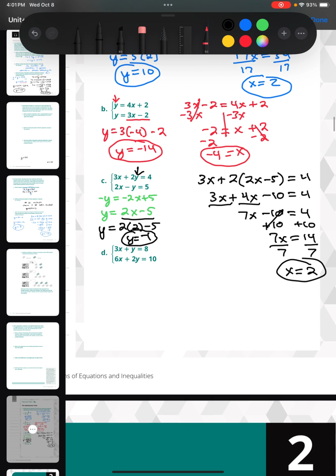And then finally, the last one, again, we need to solve one of those equations for y. That first equation is going to be the easier one to solve. If we just subtract 3x over, we get y equals negative 3x plus 8. So if we go plug that in now for the y here,